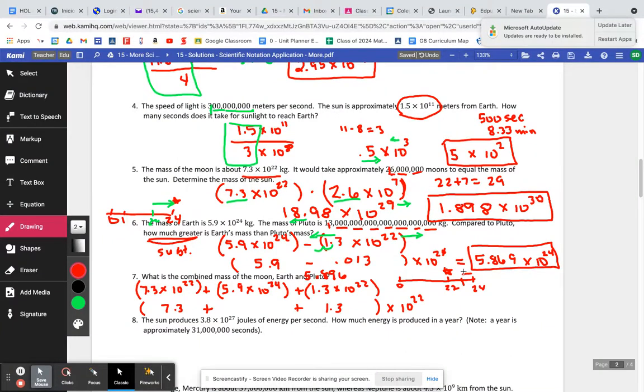So I have to go that direction 2 spots. So that 24 is going this direction 2 spots. So the decimal is going this direction 2 spots. One spot makes it 59, and another spot makes it 590. So that's what I have to add up. 590 plus 7.3 plus 1.3. Well, 7.3 and 1.3 is 8.6 plus 590. So it's going to be 598.6